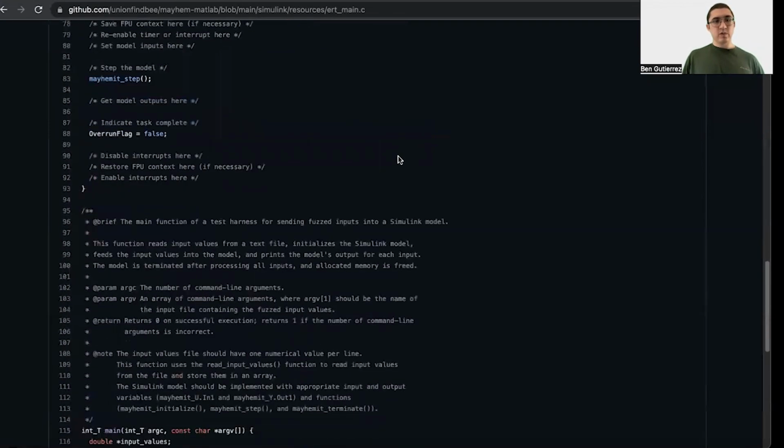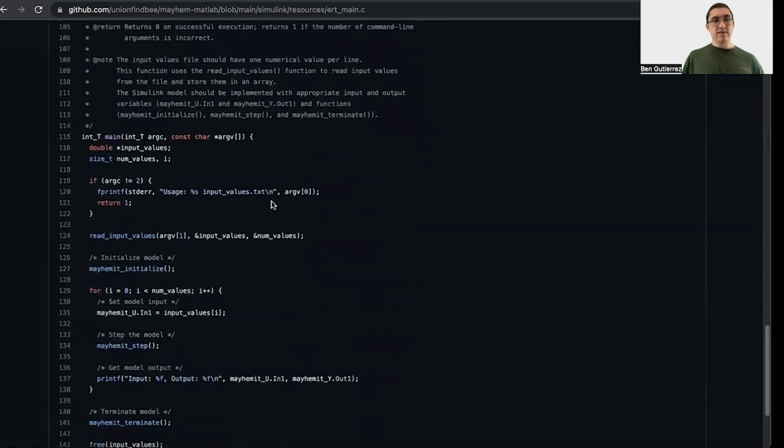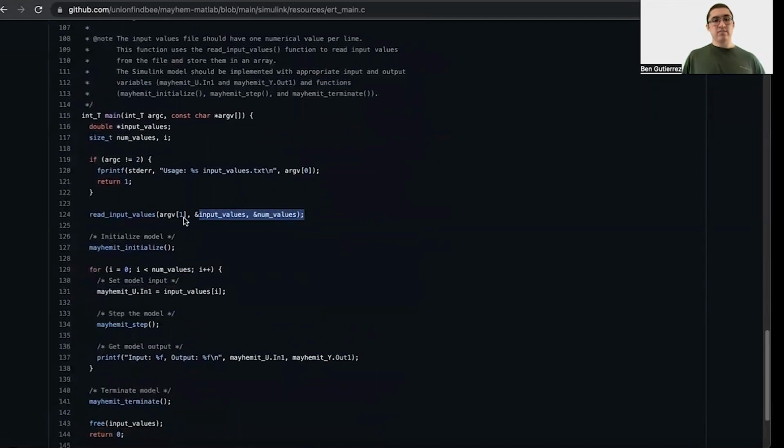Secondly, we have this main function here, and it's going to read those input values, convert it to a signal, and also initialize the model. Once the model is initialized, we're going to send the values that are inside of the file one by one to simulate a signal coming in over the wire. And then finally, when we're done, we're going to terminate the model.